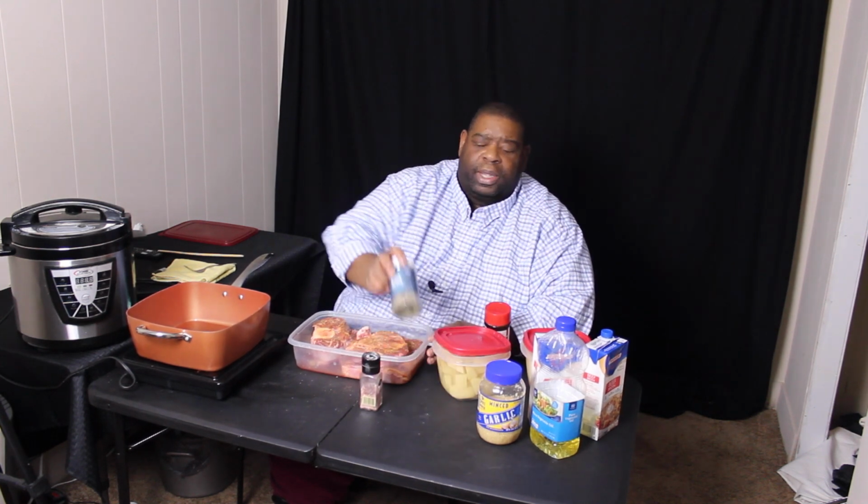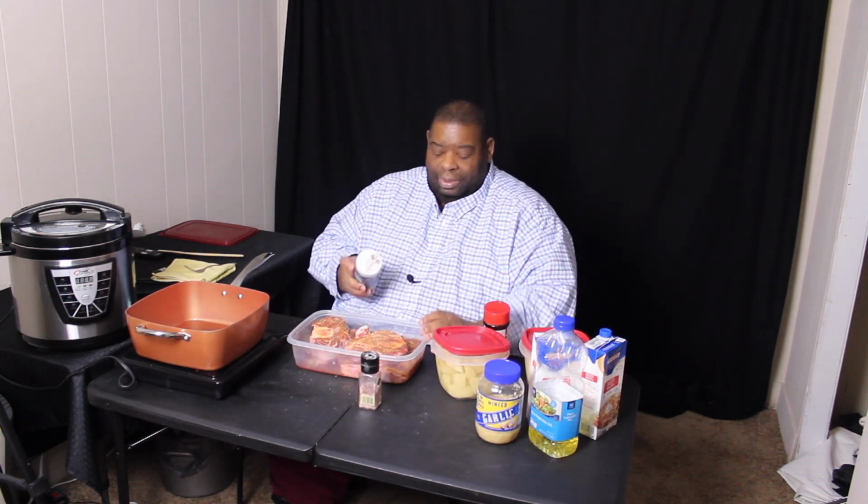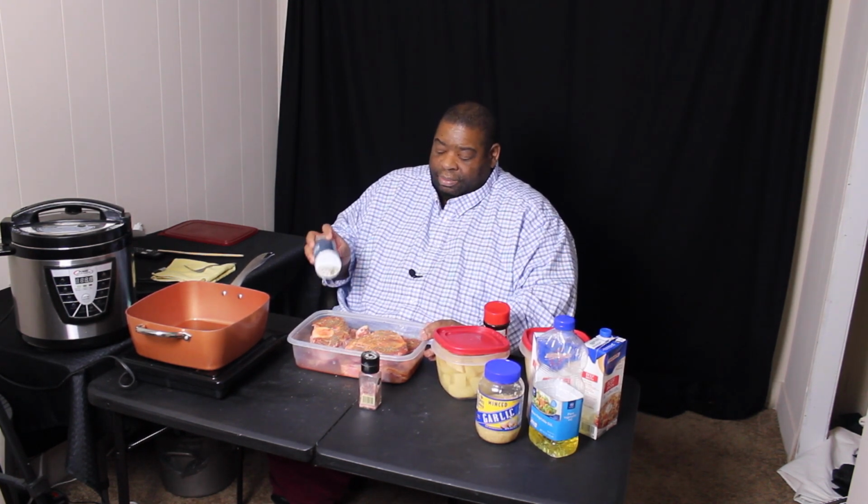But this is gonna be straight hood Osso Bucco. But anyway, this is my version of Osso Bucco, but I call it beef shank, guys. So I've got my seasoning on here, and I've got my skillet hot. So all I'm gonna do is place them in